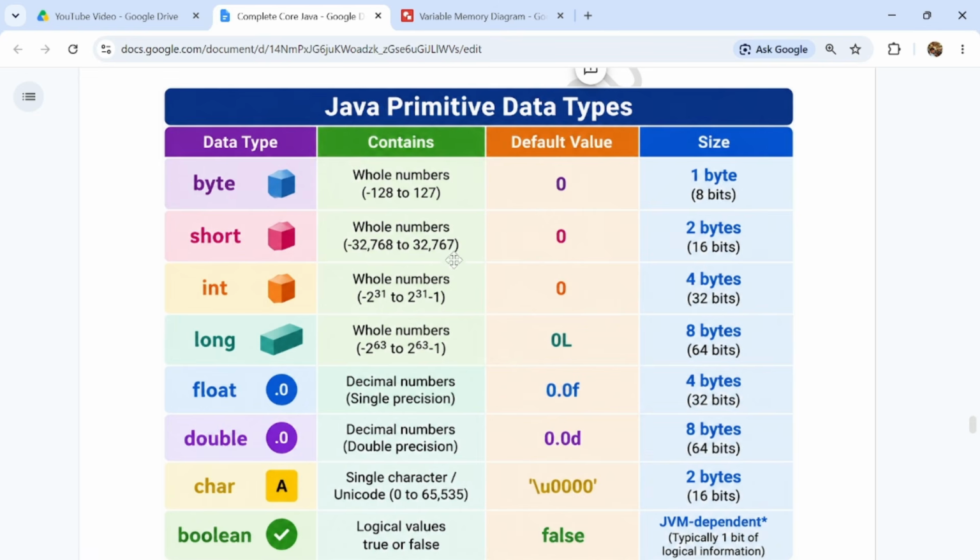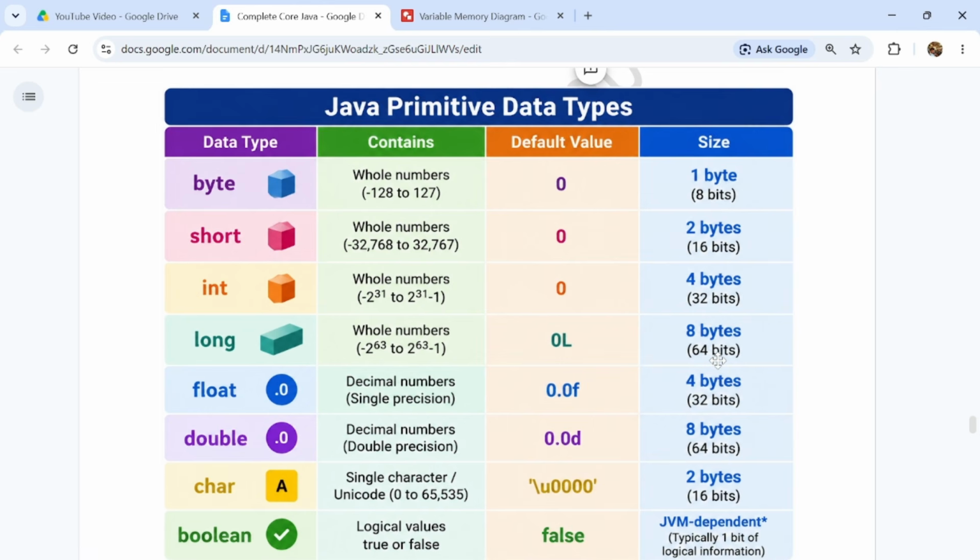Its limit is -32,768 to 32,767, the default value is also 0, and it has a size of 2 bytes, guys. Likewise int is also a whole number. The default value is 0 and it has a size of 4 bytes. And long is also a whole number, the default value is 0L, and it holds a size of 8 bytes, guys. I will show this in a code example, guys.